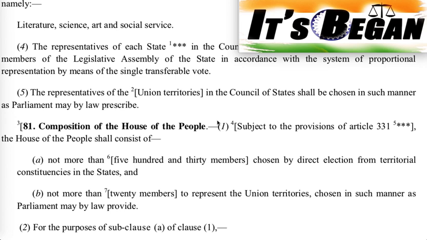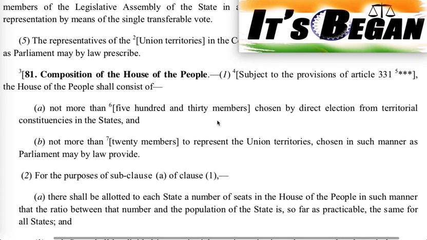Article 81, Composition of the House of the People. Clause 1: Subject to the provisions of Article 331, the House of the People shall consist of Subclause A, not more than 530 members, chosen by direct election from territorial constituencies in the states, and Subclause B, not more than 20 members to represent the Union territories, chosen in such manner as Parliament may by law provide. Clause 2: For the purposes of Subclause A of Clause 1,